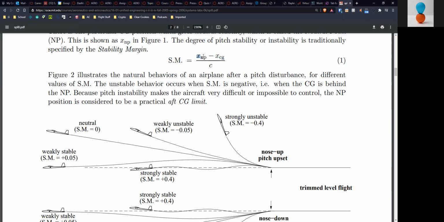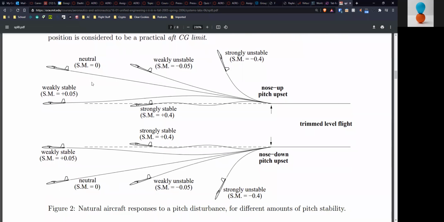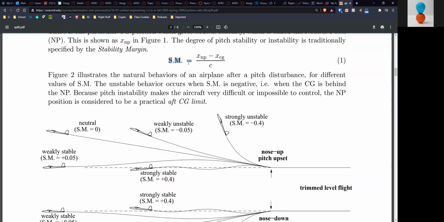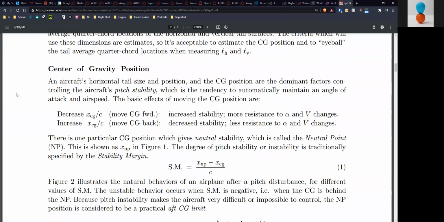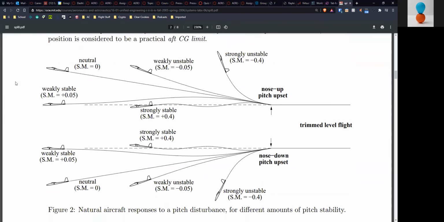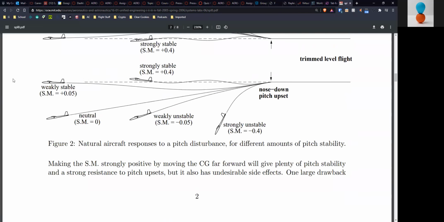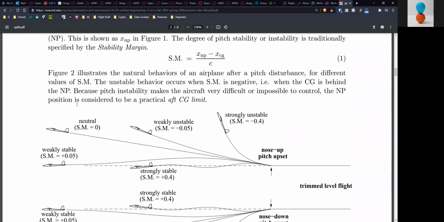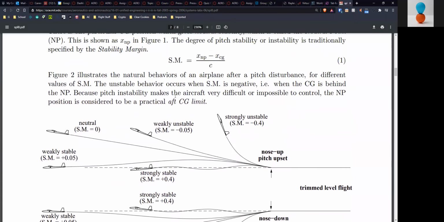So the distance, or basically the x coordinate of the neutral point and of the CG, that difference normalized to the chord, so that we can apply this to any plane. And so when you have a stability margin, or since we're mostly talking about static stability here, if you set that to within a certain range, then you'll get a certain predictable stability behavior, which basically